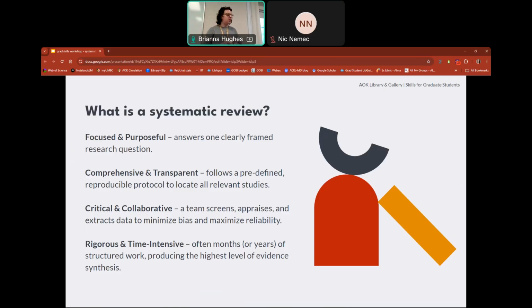And the key ingredients of a systematic review are a predefined protocol, which we'll talk about in a second, an exhaustive search of the literature, critical appraisal, so really looking at the literature and appraising it, analyzing it, and then reproducible methods. Like much of STEM, much of science, we need to be able to reproduce the methods that we do or the experiments that we run, and the same is true for how to conduct a systematic